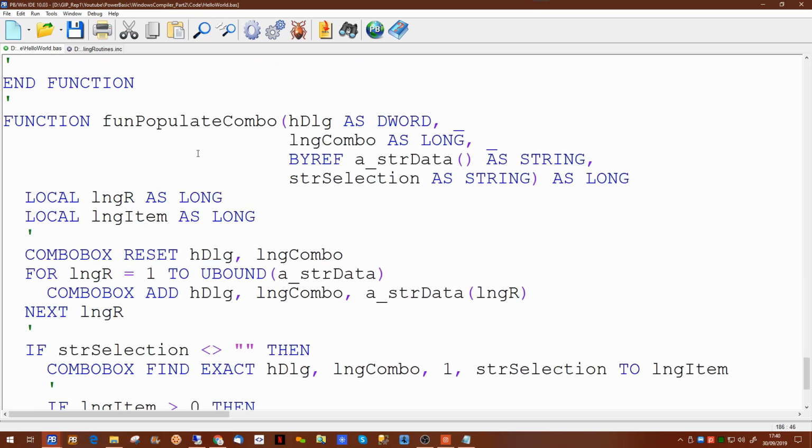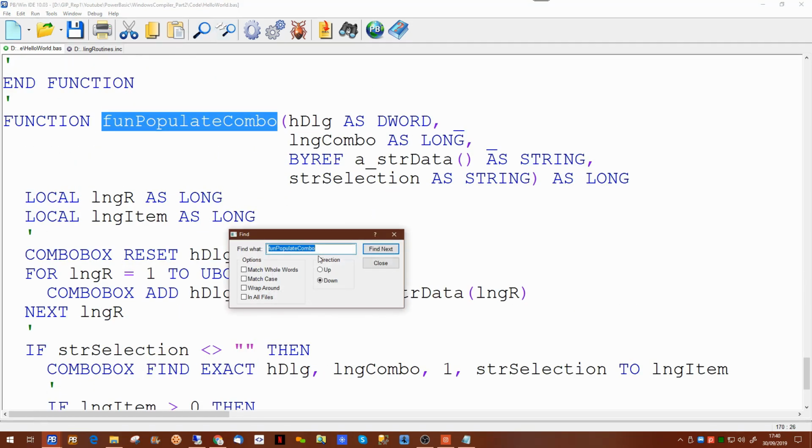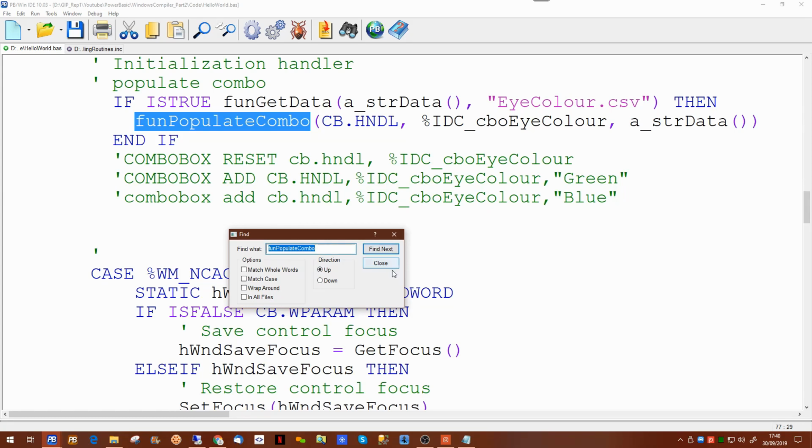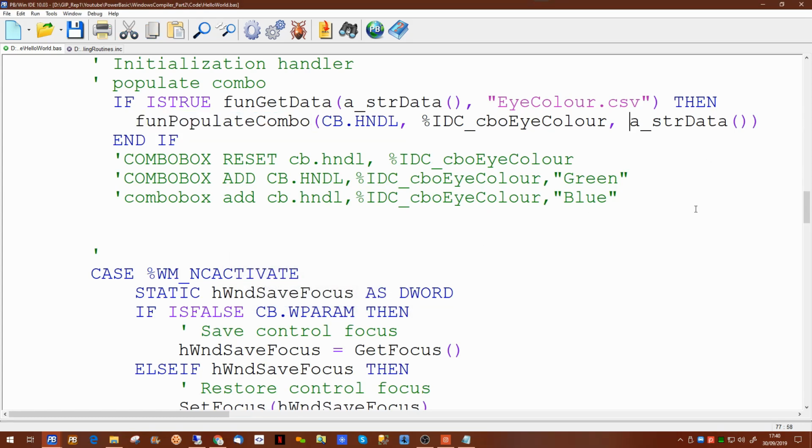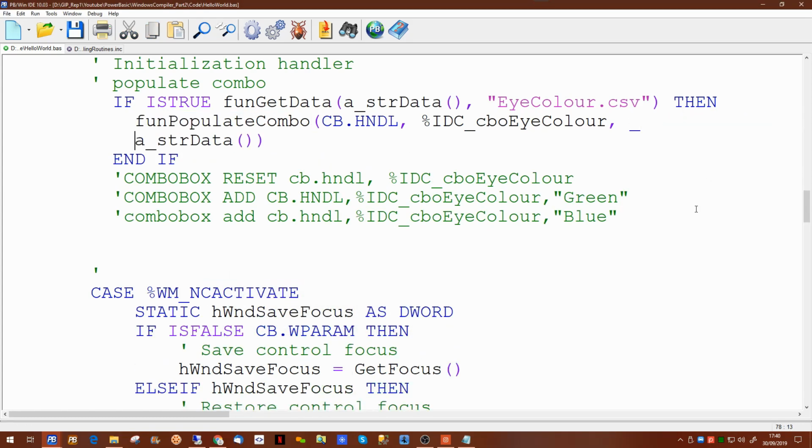So if we go back to where this is originally used, we have added a new parameter